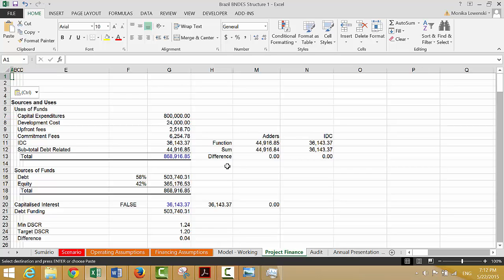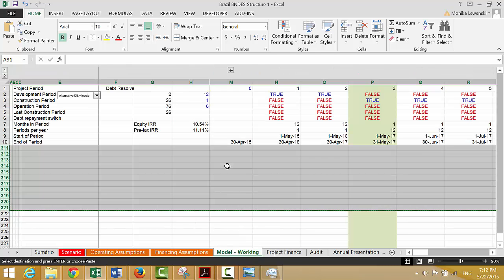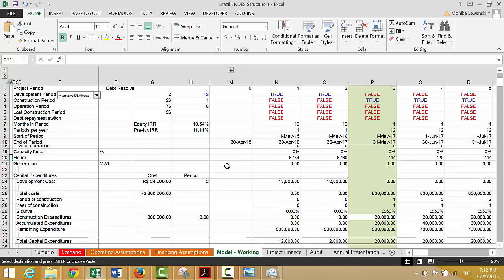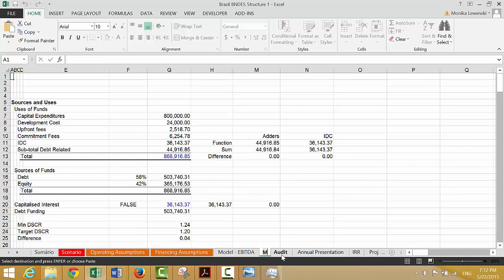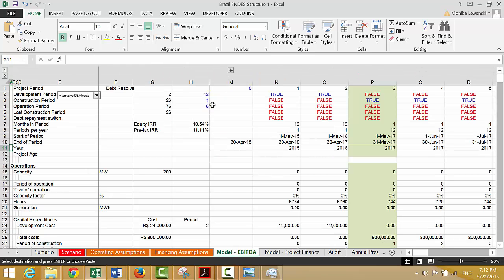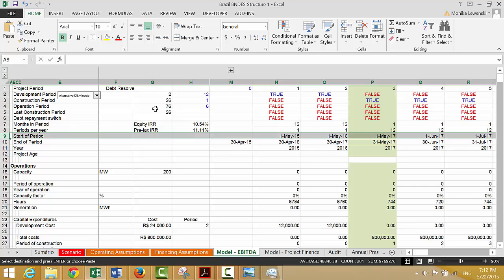And why don't we, okay, so this is our model for EBITDA, and then we'll have our model for project finance. Okay, the EBITDA really has that. I think that's a good way to really hone in on the fact that